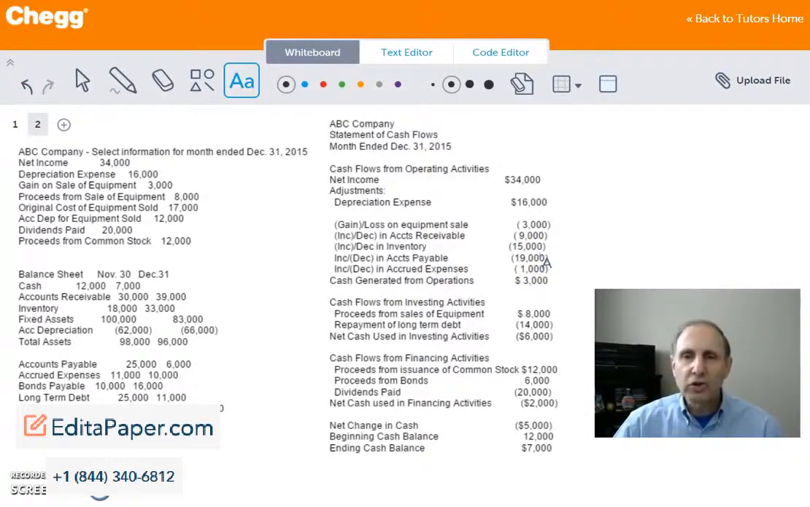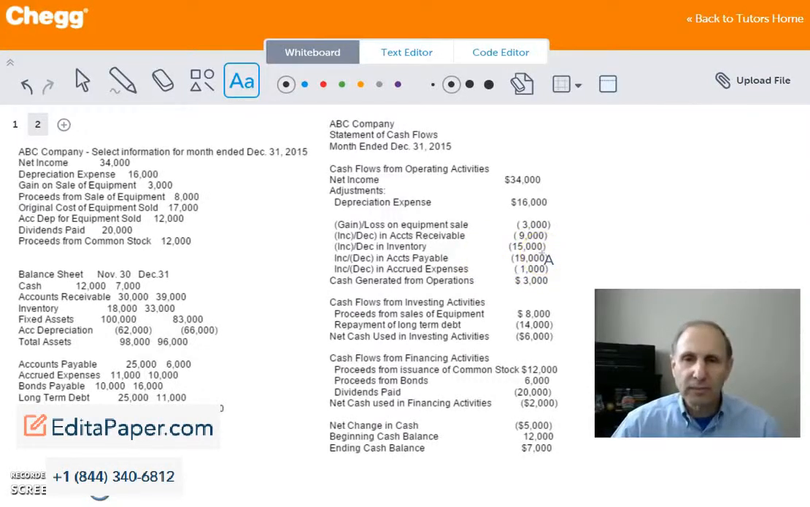If liabilities increase, that's a source of cash. If they decrease, it's a use of cash. So we look at accounts payable. The ending balance for November was $25,000, and the ending balance for December was $9,000. So we have a change of $16,000, and in this case, since accounts payable decreased, it's a use